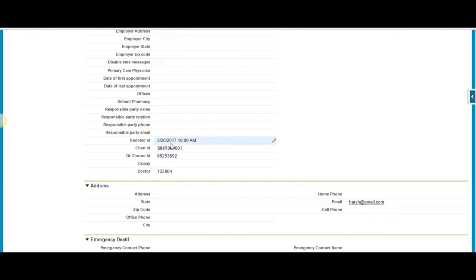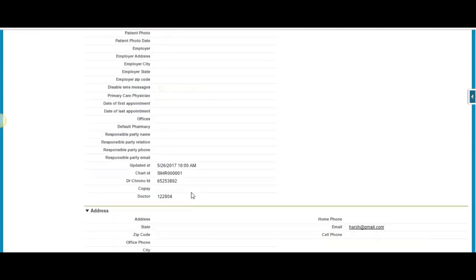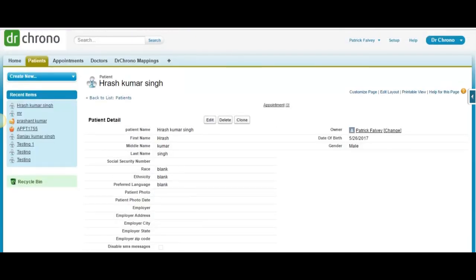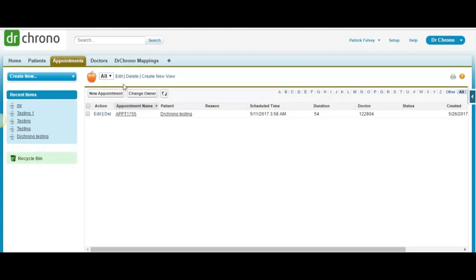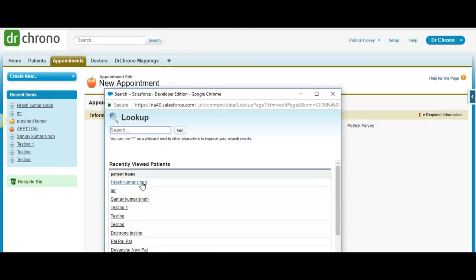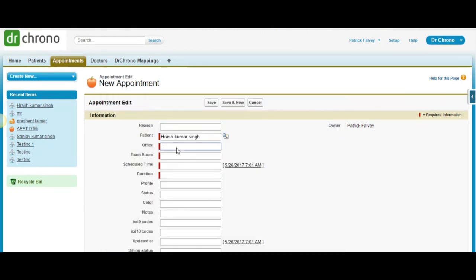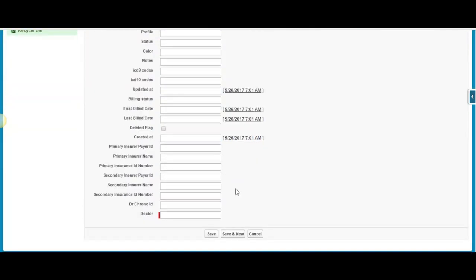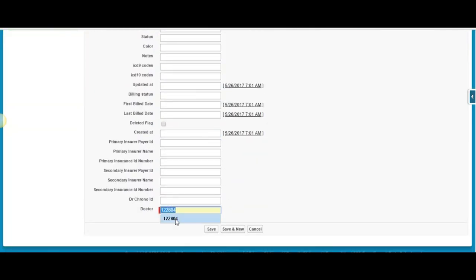When you click on the Push Appointment button, we will see that one appointment has been successfully inserted. Then save it.